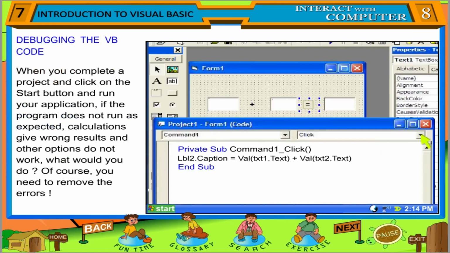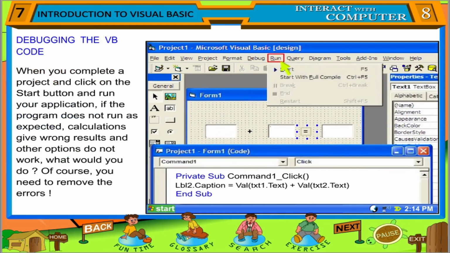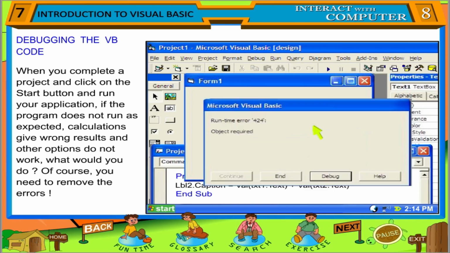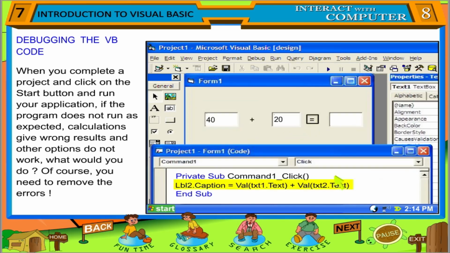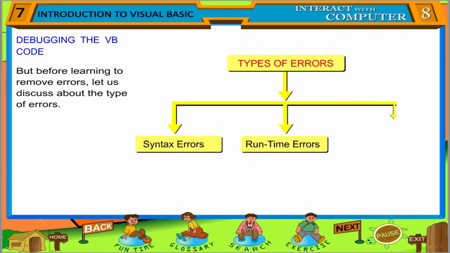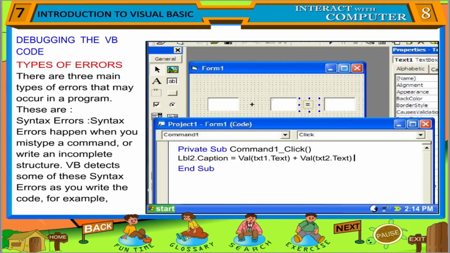Debugging the Visual Basic code. When you complete a project and click on the Start button and run your application, if the program does not run as expected, calculations give wrong results, and other options do not work, what would you do? Of course, you need to remove the errors. But before learning to remove errors, let us discuss the types of errors. There are three main types of errors that may occur in a program. These are